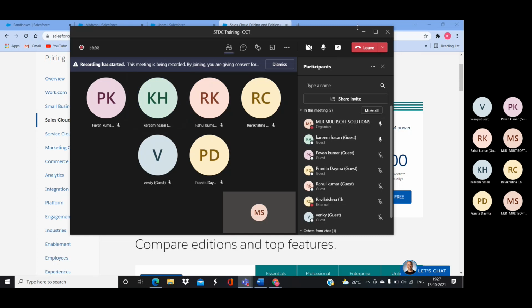Please sign up for your developer editions. And in our next session, I would like to show you a Trailhead engagement, like how you can sign up with